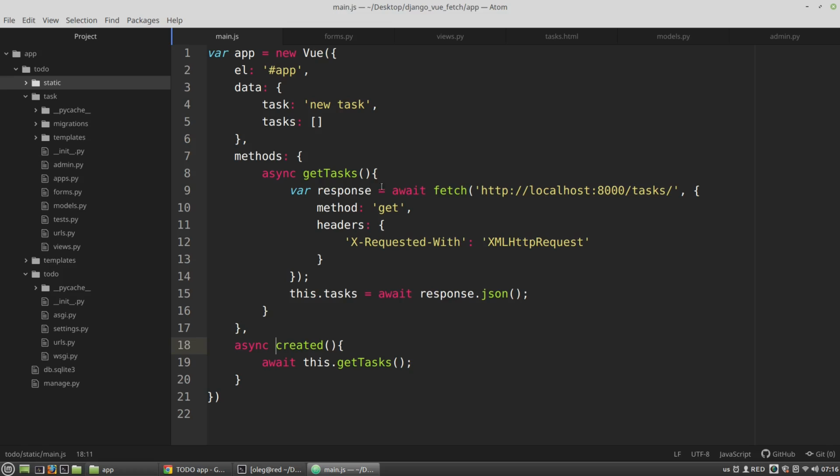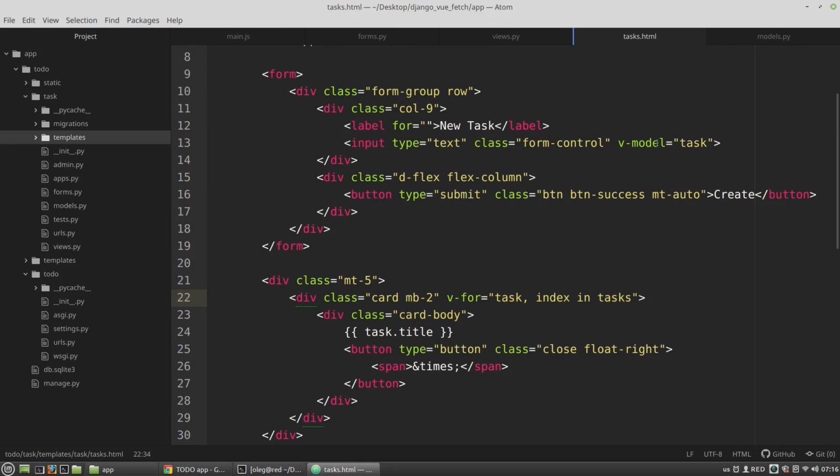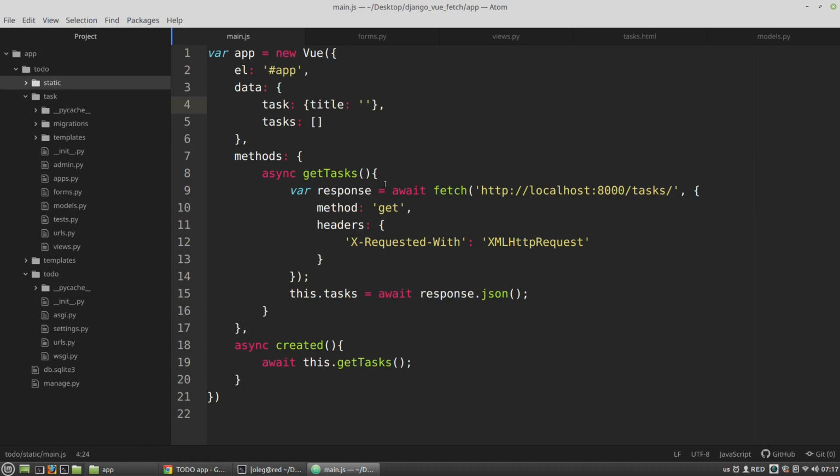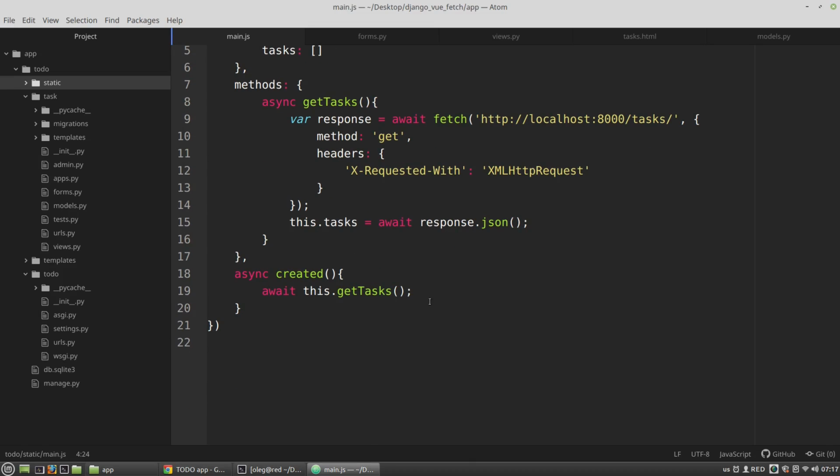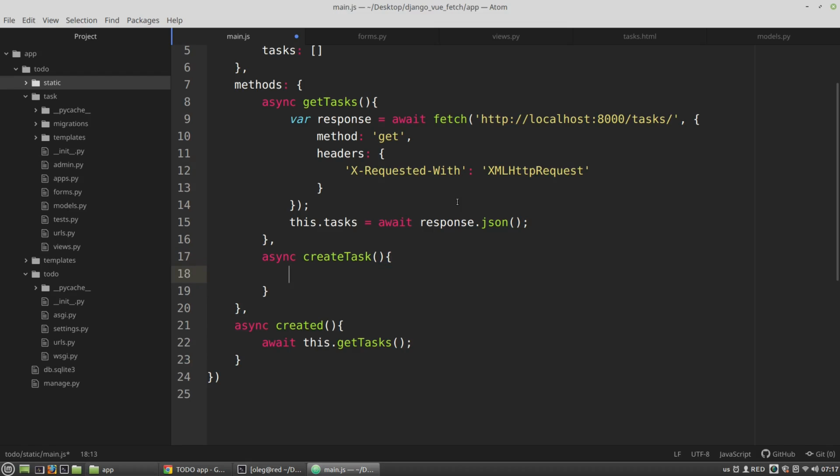But firstly, I want to correct a bit the structure of the task attribute of the data object. The task here will be a dictionary with the title key, and the title will be an empty string. So in task HTML, I have to bind the input tag with the task title key, and back again to the main.js. And now let's create a new method. Let's say it will be the createTask method in the methods object. It should be async. In createTask, it will be a good idea to get all actual data from the server before I perform a new request. So I'm calling the